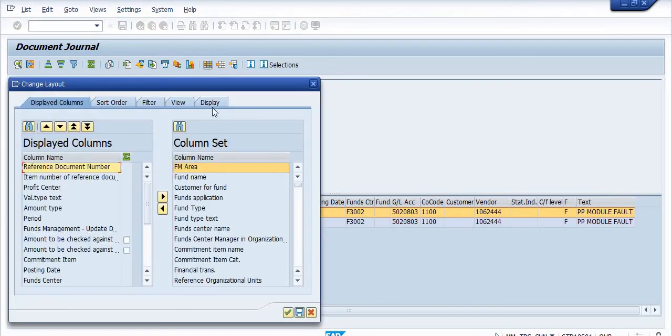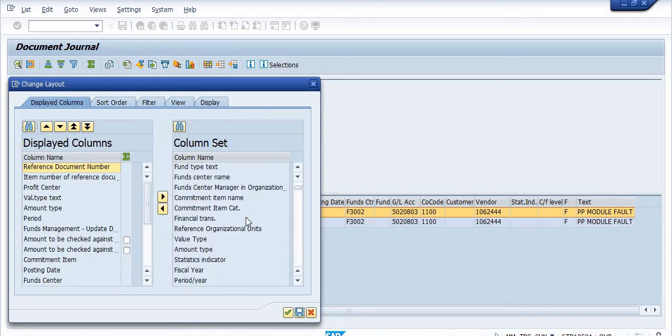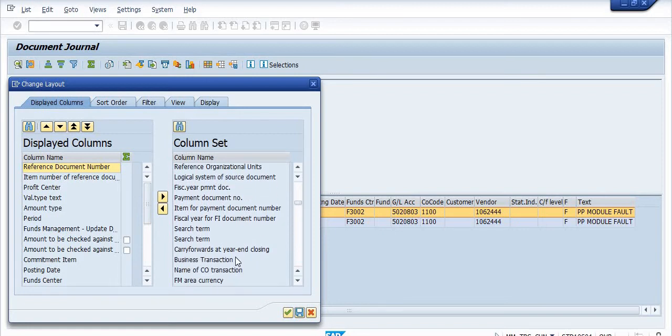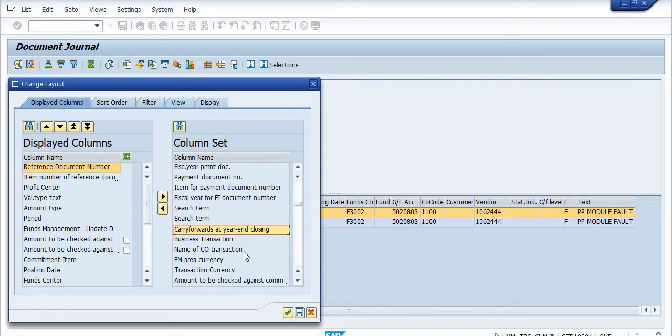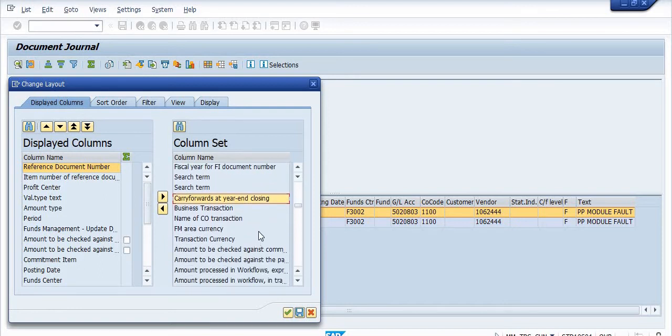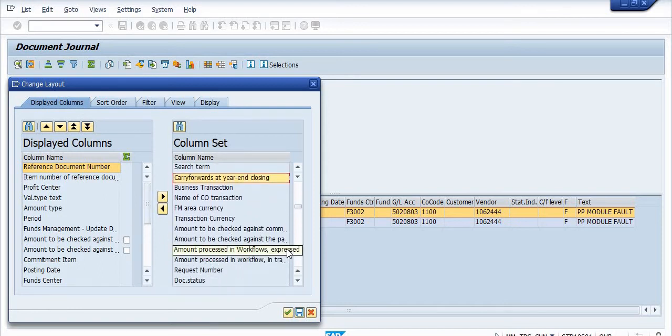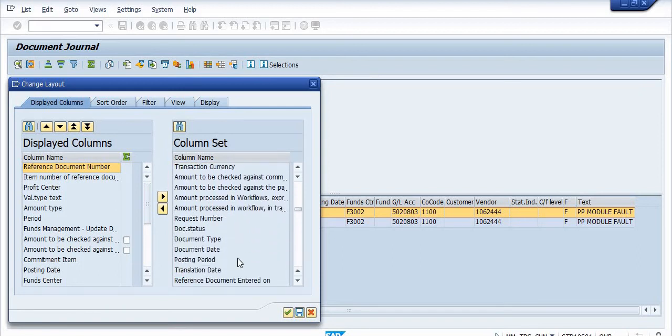You can also go in the drop down: fund type, fund center name, commitment item category, financial category, fiscal year, customer field. There are so many items: carry forwarded at year end closing, name of CO transaction, FM area currency, amount processed in workflow, amount processed in workflow in transaction, request number, document type.